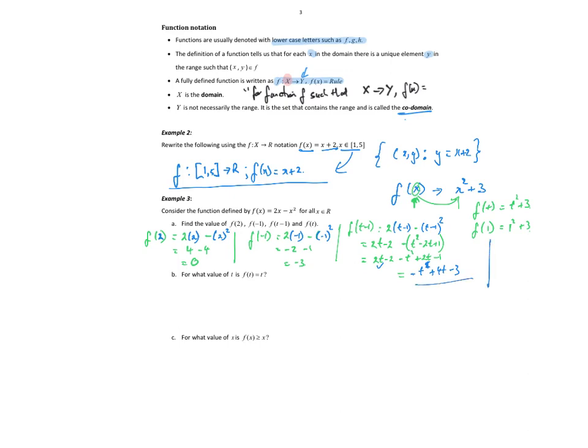Finally, f of t, well, it's just a case of replacing x with t, so that's just 2t minus t squared. Okay, so my function notation, it's just another way of substituting in. It's an easier way of saying, you know, we could have, so if I just give you one more,